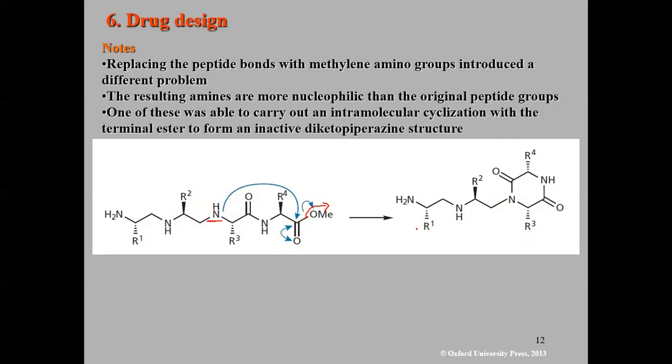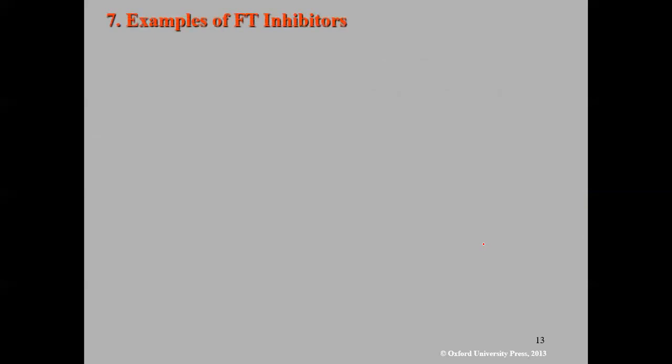This will form the diketopiperazine structure. Unfortunately, this structure is inactive, so we are going to lose the activity. Okay, what can we do about that? What are the solutions? Let's see some examples for farnesyl transferase inhibitors, and let's see what scientists did to overcome